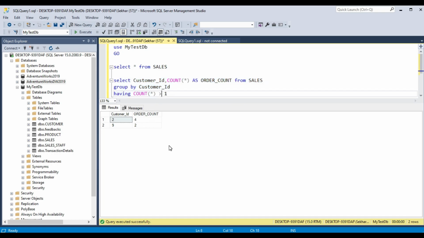Okay, so if you want to find out the customers who have made only one order, you can write one. If you want to find any customer who has made less than one order, has not made any order, you can write less than one.